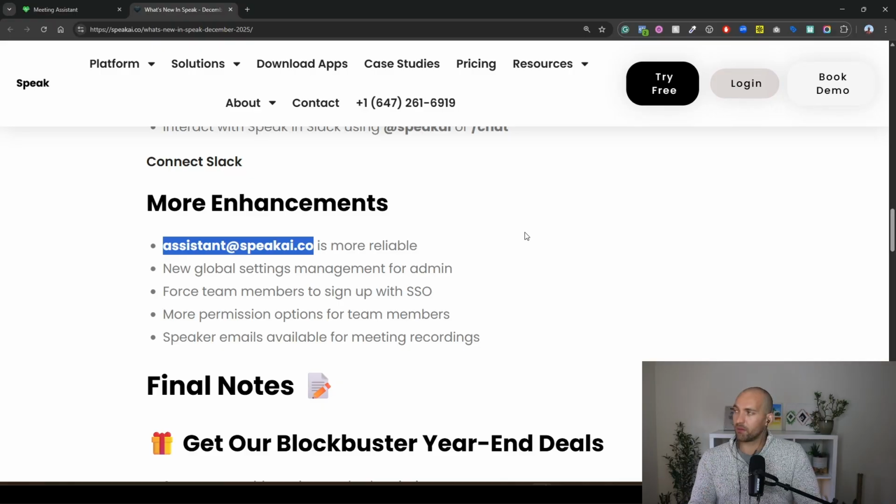And we've just really worked to make that more reliable and even route it to the right person. So say a bunch of you are users of Speak, and you are the one who invites assistant@speakai.co, it will realize that you are the one who invited it, and it will join the call and then route it to your folder. So more reliability, more accurate routing, and really the goal is make sure that the file ends up in the same place and that there's never a meeting that you want it to join and the Speak AI